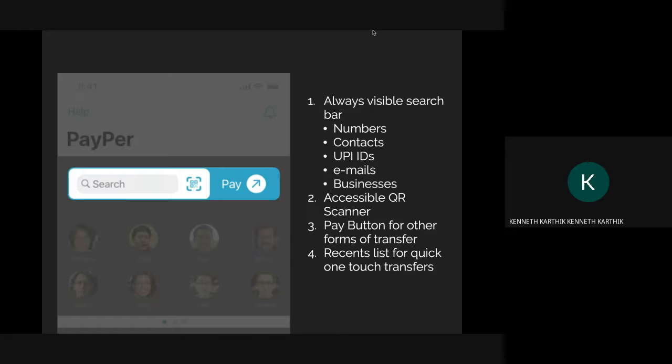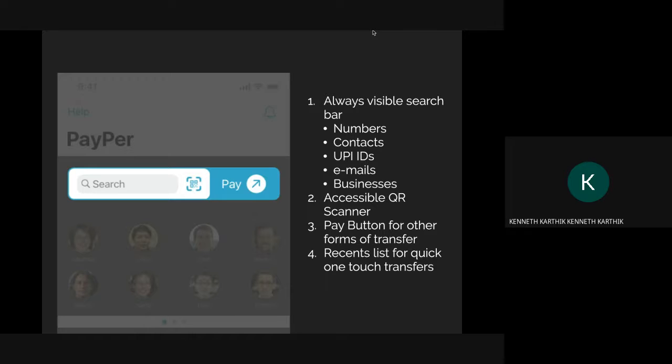So, always visible search. You could search for phone numbers, contacts, UPI IDs, emails, anything. It doesn't have to be a separate search bar for each of those items. You open a search bar, and based on the context of what you type in, it will automatically know what you're looking for, because there's no way a UPI ID is equivalent to an email ID or a contact number.